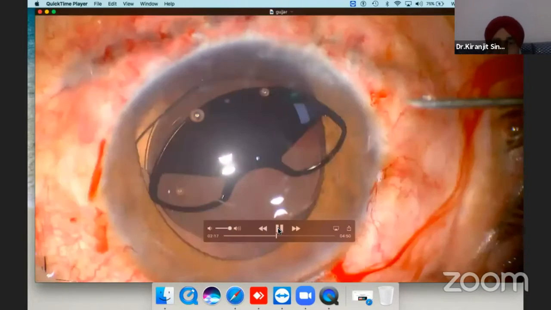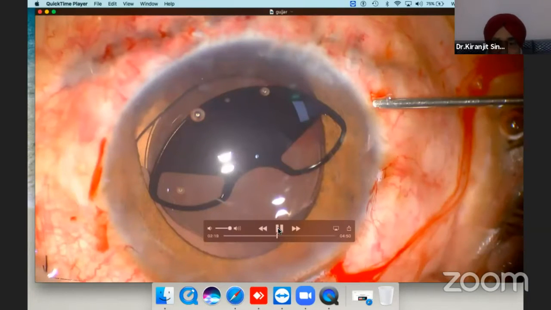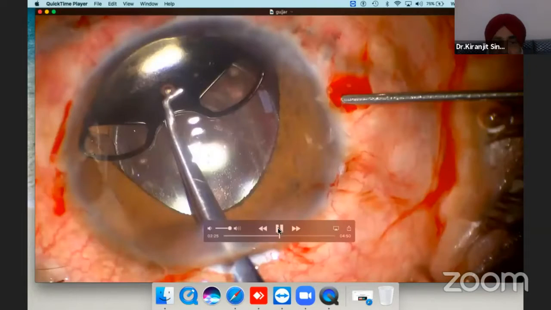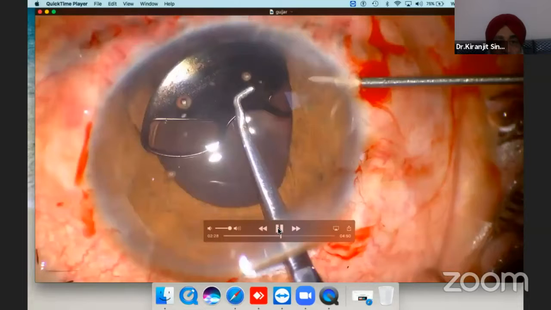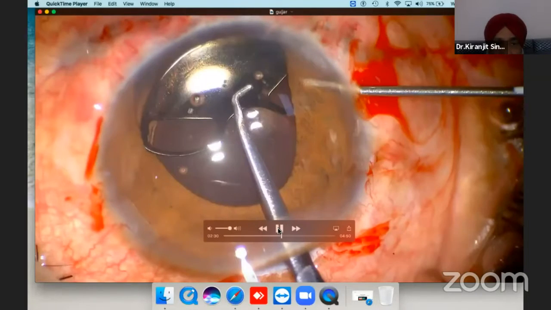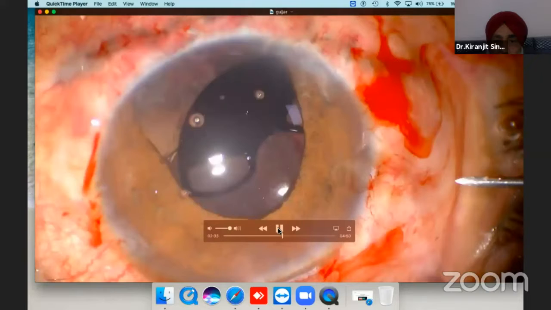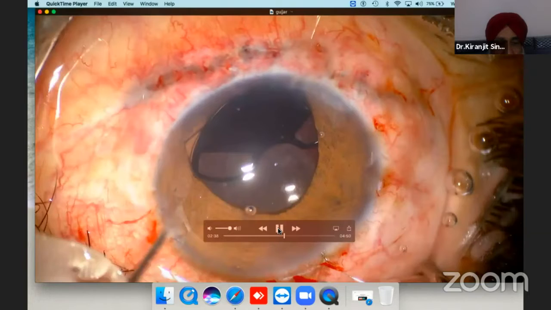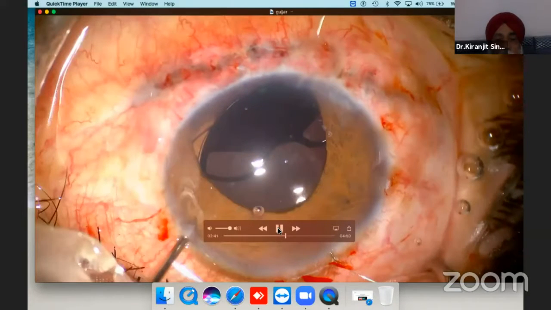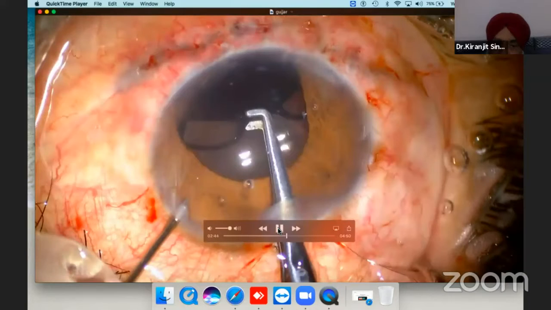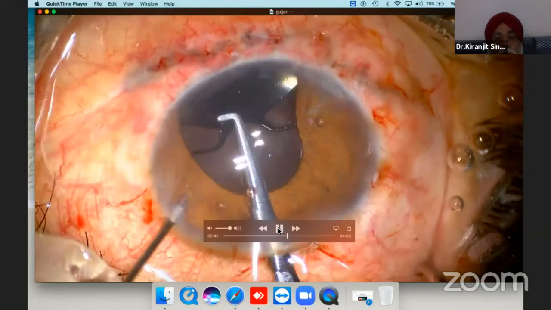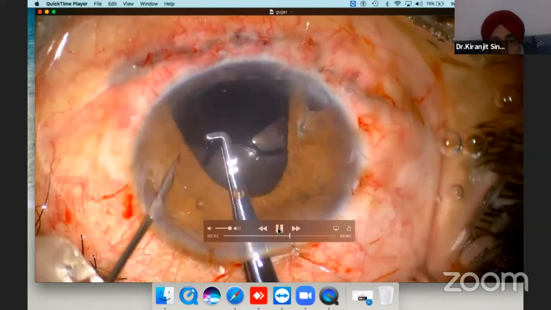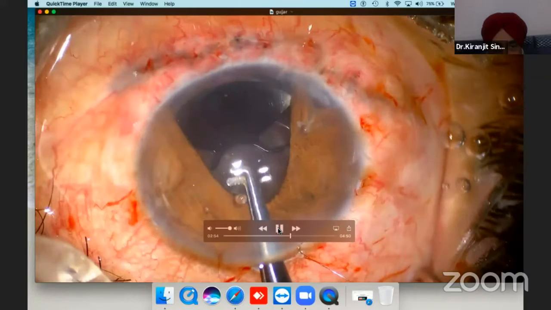So this is the device which I've innovated out of an Iris Claw platform. On each side it has tabs. This is black colored PMMA, and it has claws holding the iris on either side. It is brought behind the iris with a Clayman process, taking the segment behind the iris. The iris is tucked in the claw and engraved in the claw on one side. Then the instruments are switched, and the other side is also fixed to the back of the iris. It takes just a very short while to implant this and the iris segment is fixed.